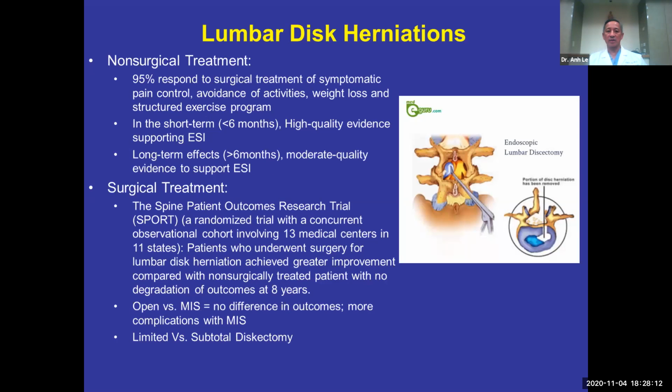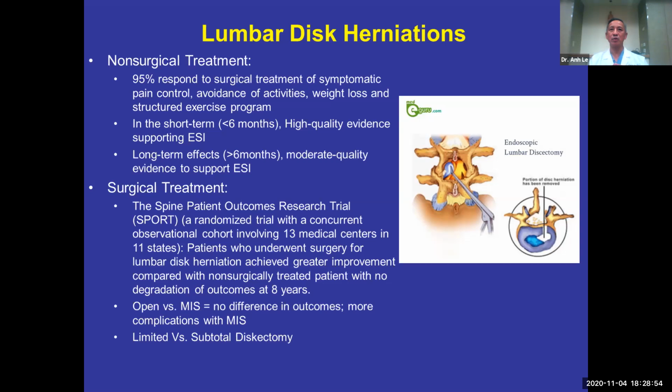The non-surgical interventions for disc herniation include avoidance of activities, weight loss, and a structured exercise program. Fortunately, 95% of patients with acute disc herniation will experience pain improvement whether we do anything or not after about 6 weeks. So in the first 6 weeks, you're basically trying to control the pain. You give them anti-inflammatories, muscle relaxants, sometimes narcotics. But the most effective medications for them are the Medrol Dosepak. Basically, give them a tapered steroid for about 5 days, and that typically reduces the pain significantly.